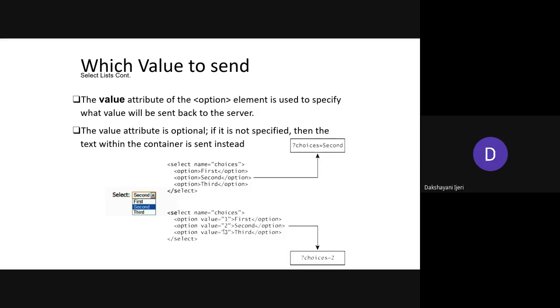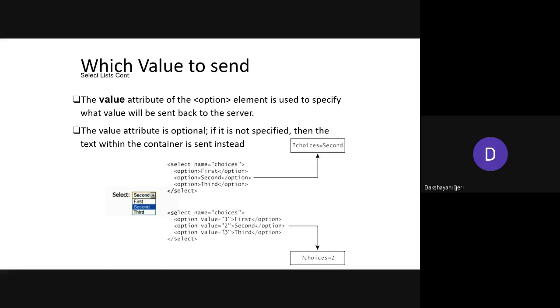Usually, many of you who are beginners to web development, who have not worked on it at all, get confused between the name attribute and the value attribute. Make sure the value attribute is used whenever you create multiple options in your web pages. To make your web page work properly and be more feasible, use proper value attributes at the required elements to tell the server which option has been selected by the user. Okay, is there any doubt with these two? Right now only you get it clarified, because the value attribute is going to be used in many other places, which I will explain in the further slides.